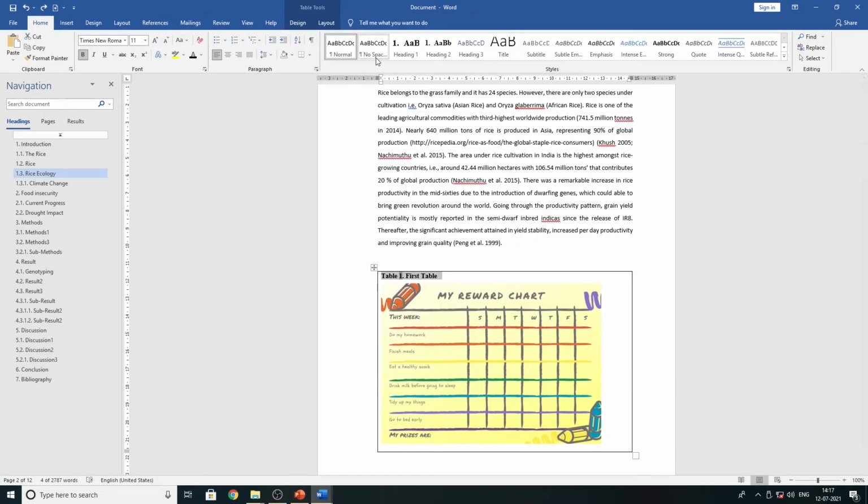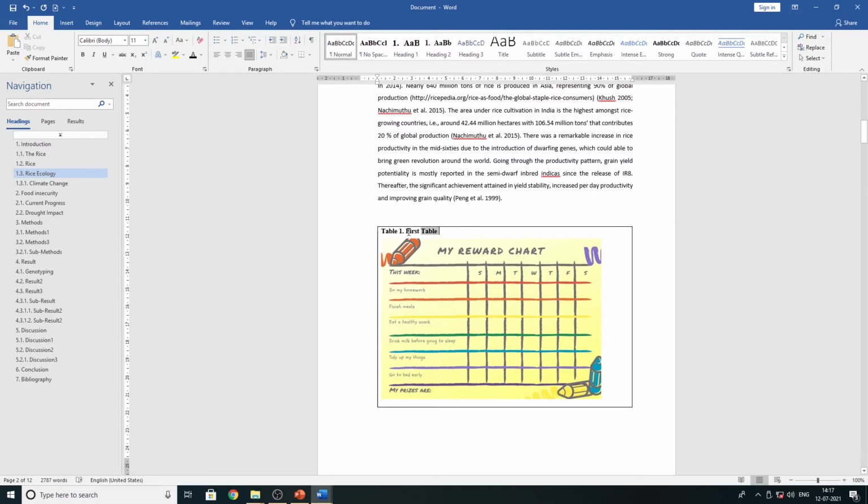I'm going to select here, and I'm going to select No Space here. I'm going to select bold here, Times New Roman. Now I'm going to click No Space, update. So every time you don't have to change, just click on here, and your text will be adjusted